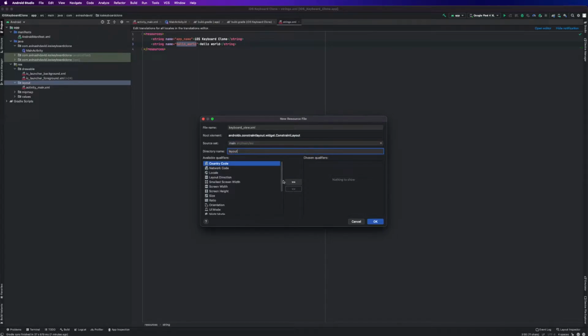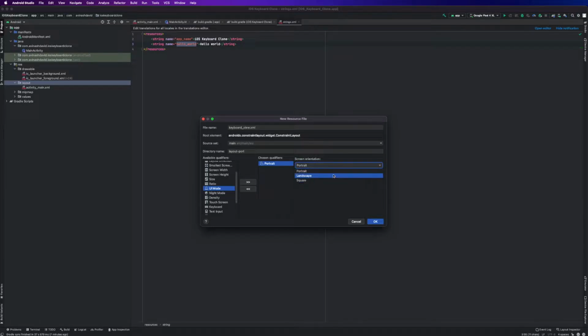Directory name, you don't really want to change this. Let's just leave it as layout. And a brief explanation about what these are. Basically these allow you to say that you are making this resource specifically for, say, portrait, right? If you want a different view for portrait versus landscape, versus you'll see square over here, I believe this for tablets. When you are adding a file, this allows you to add a keyboard view for portrait,